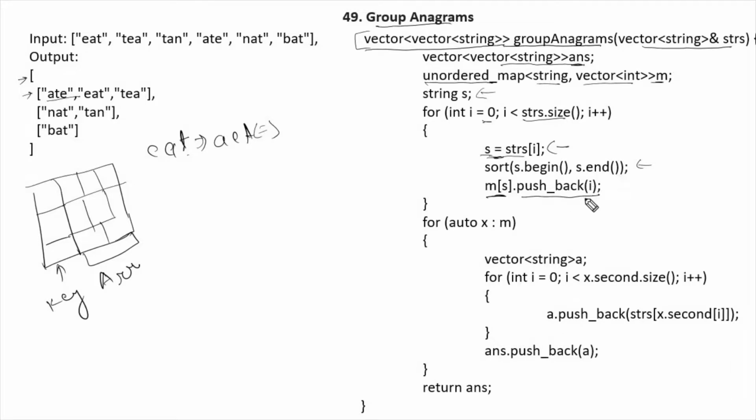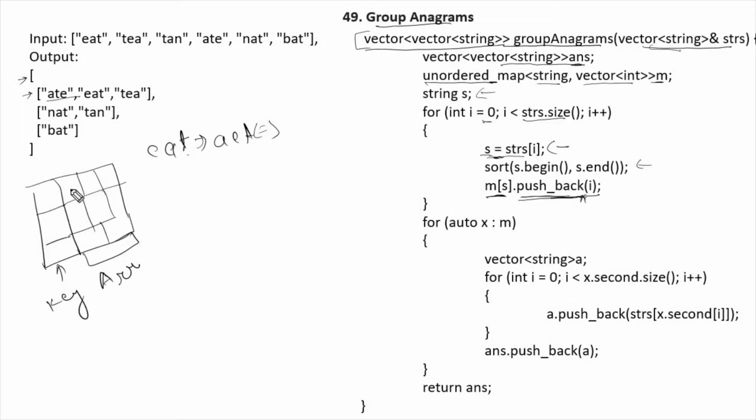Actually, I've modified something: I am just storing the index, because the original strings are in the array, so this way we can save some space by just storing the index.